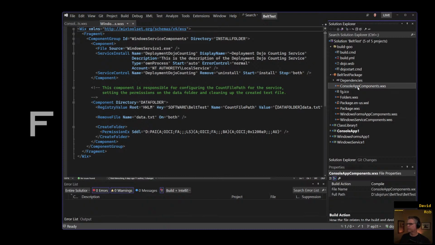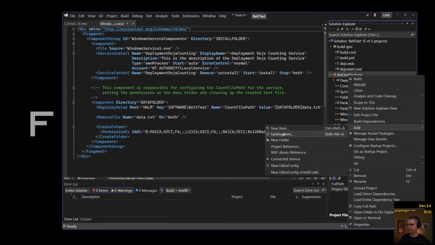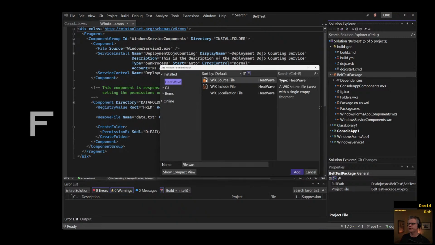And you said, let's add it to a new file. So let's go, and I'm going to do it straight from scratch because I haven't done it in a while. Add new item. Show all templates, because last time we did this did not do what I wanted. Oh, that would have maybe given it. All right, what are we going to call this? We're going to call this class library 1. Being very creative with my names, I'm taking them exactly from Visual Studio. Whatever Visual Studio said it is, I said it is. All right, and we're going to put the components for class library 1 in here, right? Actually, I'm not putting the ones on there, so we'll just call this class library components. I don't know. We'll see.